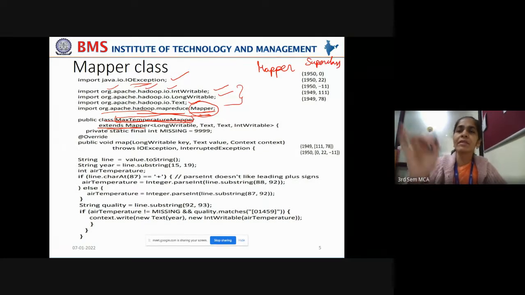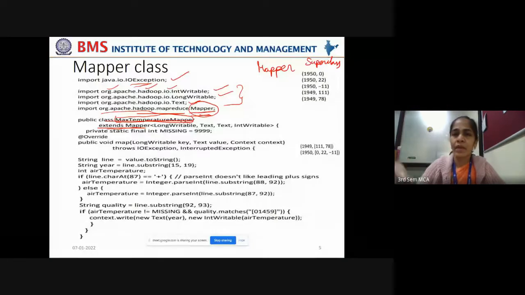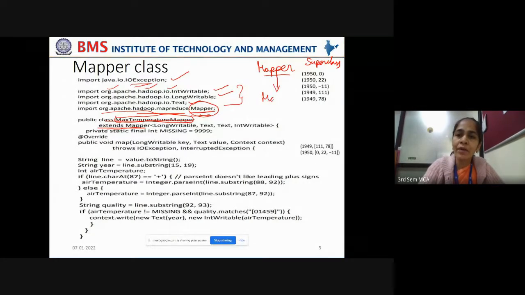Mapper is a superclass that exists in the org.apache.hadoop.mapreduce package, and in this Mapper class we have a function called map. This map can be overridden in the extending classes, meaning in the subclasses that extend the superclass Mapper, you will have this map function redefined.